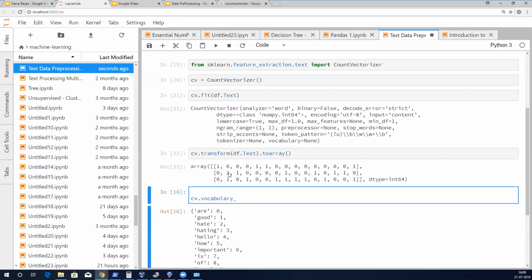Wait, let me see if I can do that. From collections import... R is the first column, but one style.